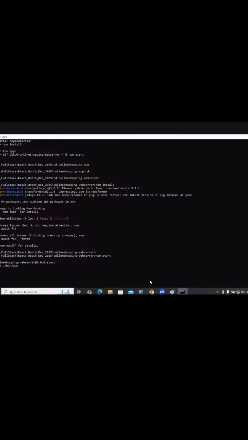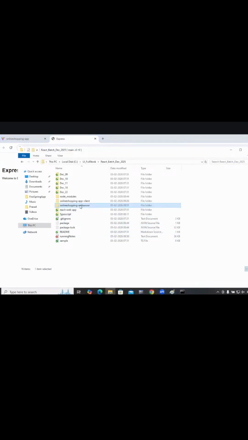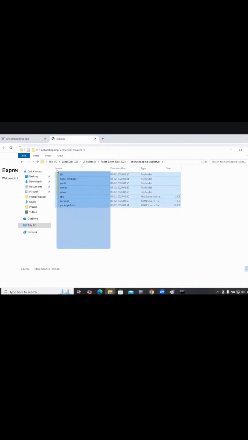By default, the server will be located under port number 3000. Localhost, you can change that 3000. You see here, you should be able to see your Express web server running. Okay, now if you open this web server, you see these are all the boilerplate code which got created. Express generator helped us create all this.